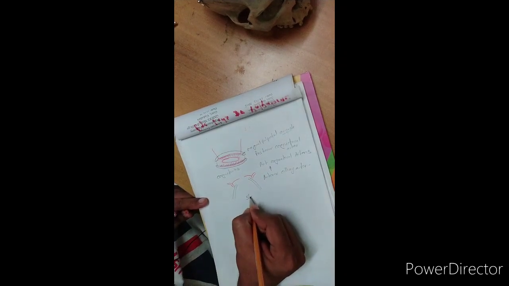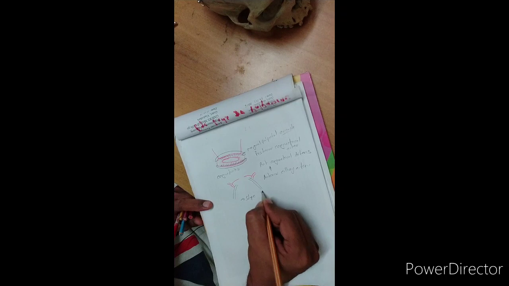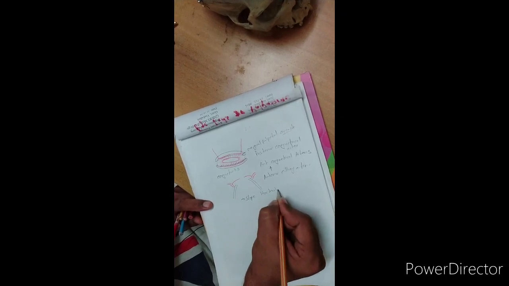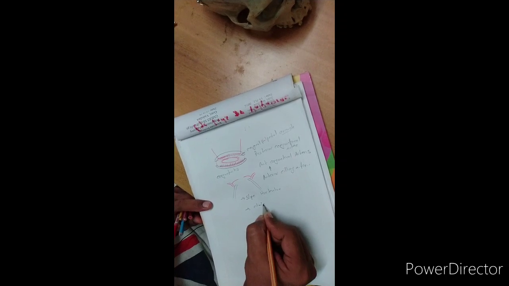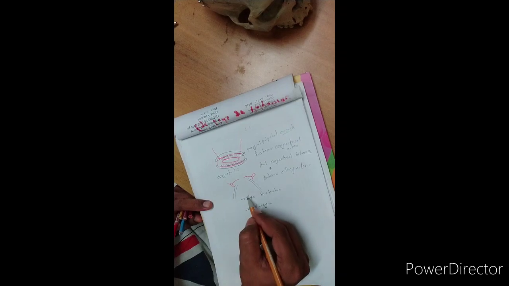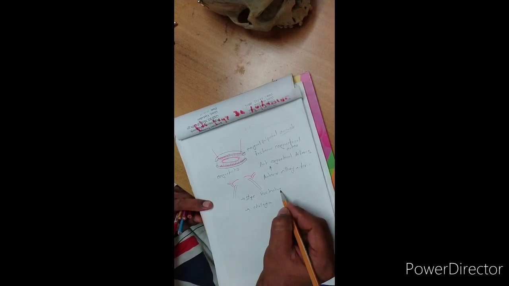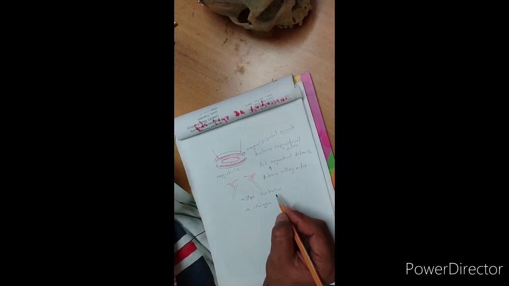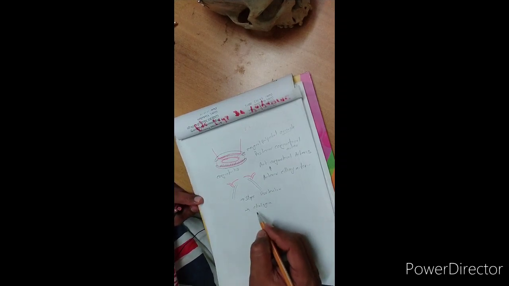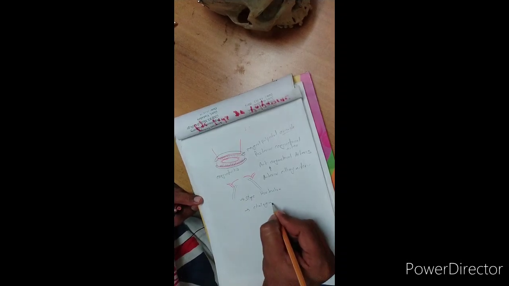A stye occurs first: infection of the ciliary glands, or the sebaceous or sweat glands of the hair follicle. This is also known as a hordeolum. While chalazion means chronic infection of the tarsal glands occurs. A stye, infection in the ciliary glands, is very, very painful, because pus collects around the hair follicle, and this hair follicle bursts and gives rise to pain. While the chalazion is a chronic infection of the tarsal glands, which is not painful but swelling occurs here.